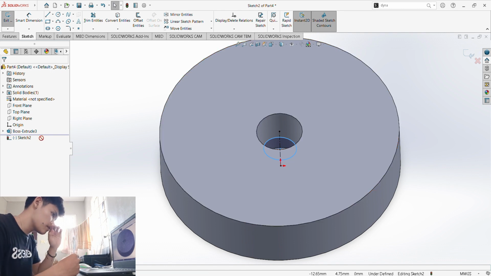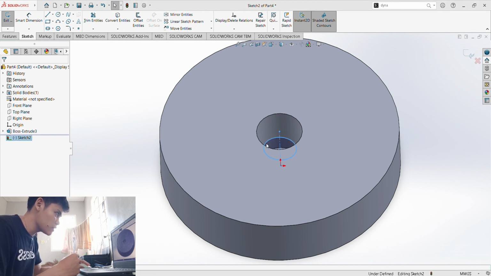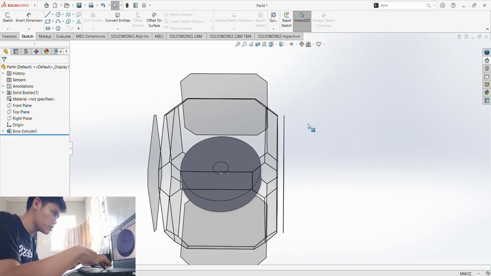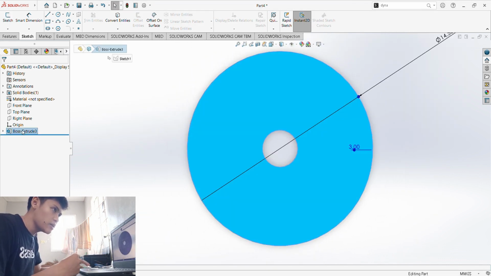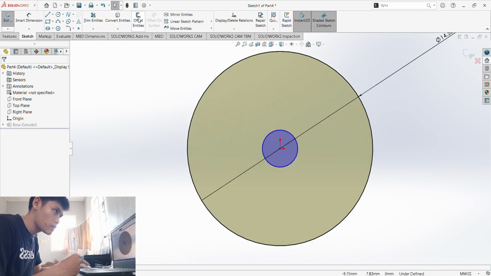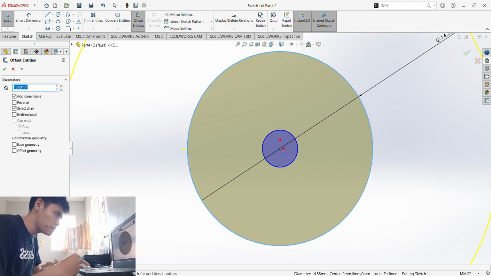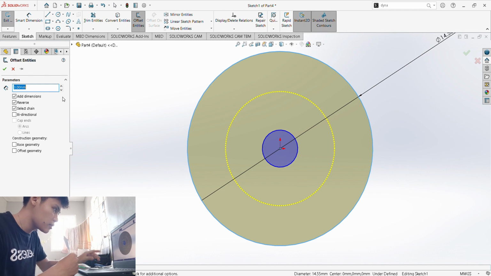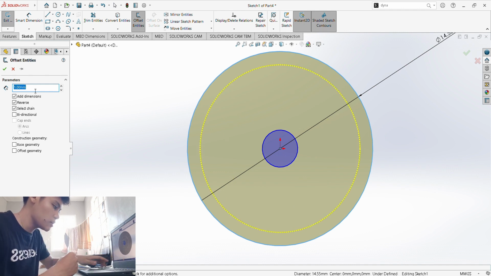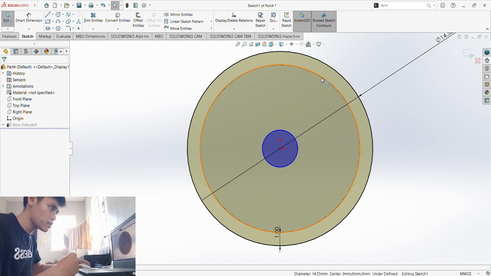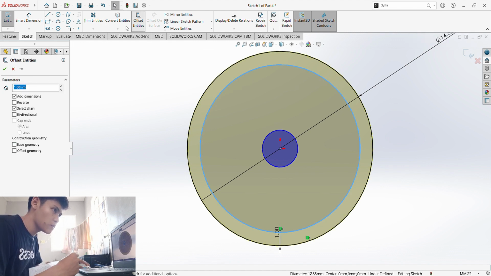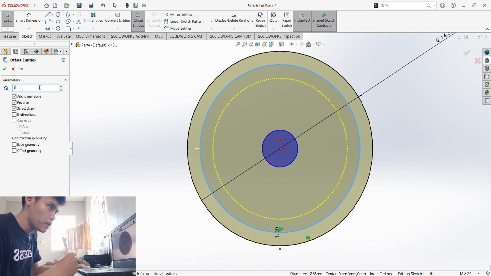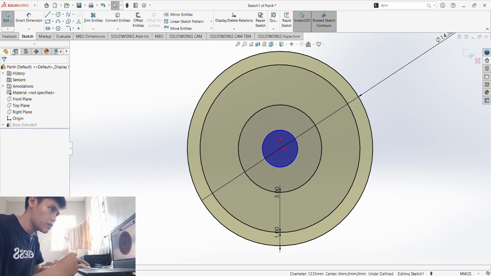Rather, before we actually did this, we should have, let's first delete this one, discard and change exit. Let's first create an offset right here with reverse and 3 millimeters. Rather, let's make 1 millimeter. Then check. And then another offset from this one with reverse again. And let's make this 3 millimeters. Then let's check this one.